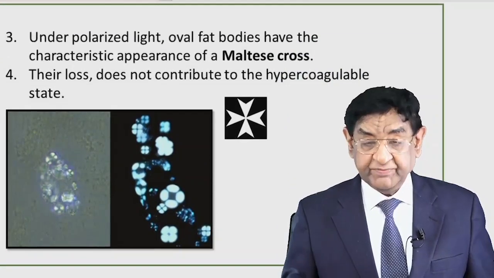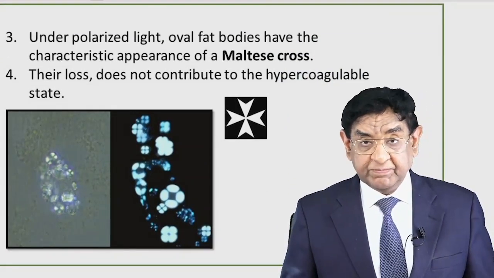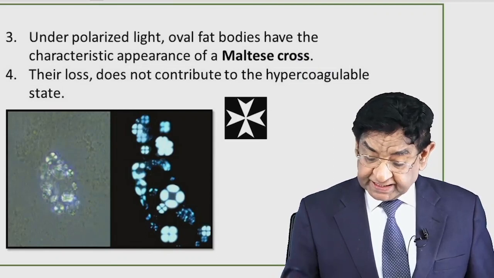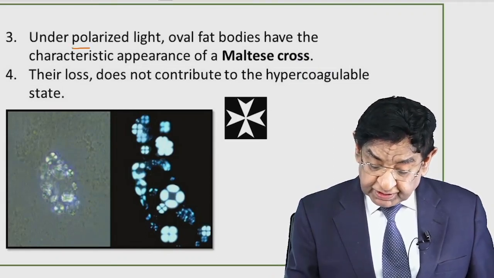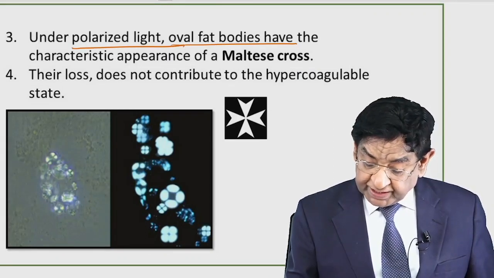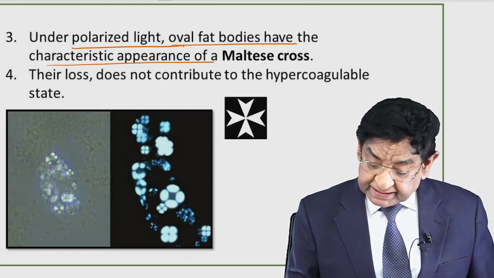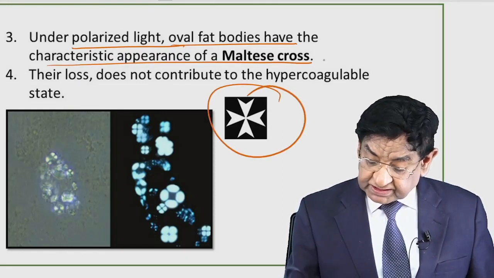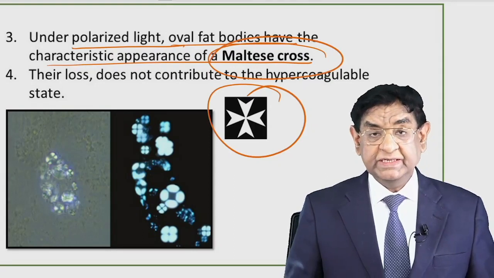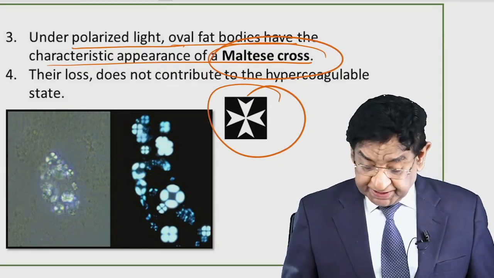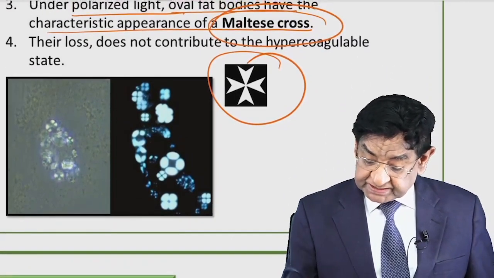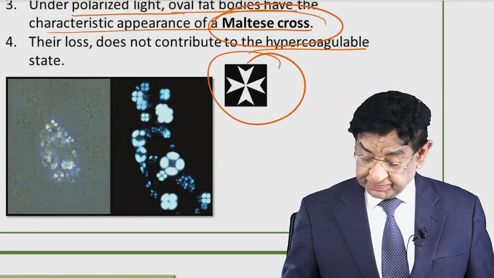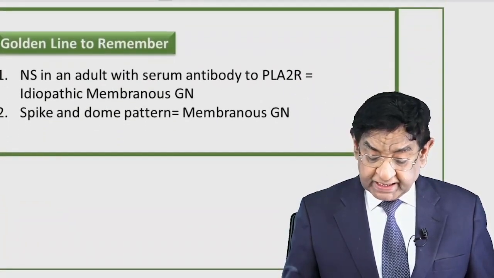Whenever there is proteinuria and lipiduria, if you look under polarized light, oval fat bodies are seen as Maltese crosses. Whenever you get a Maltese cross, that means you are talking about lipiduria, but this doesn't contribute to a hypercoagulable state. So the golden line to remember: